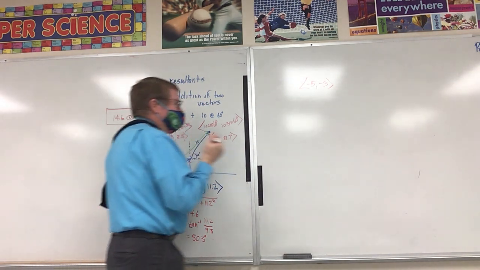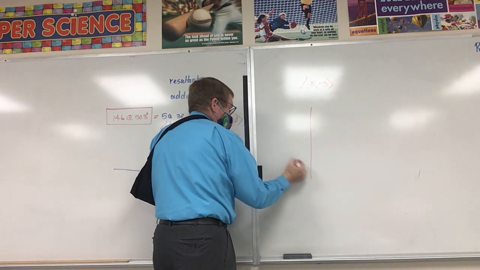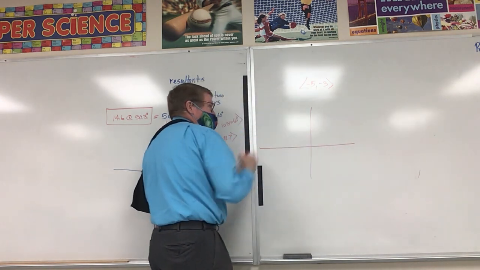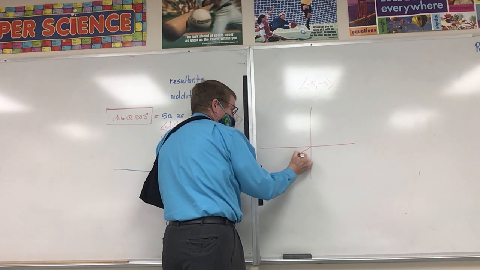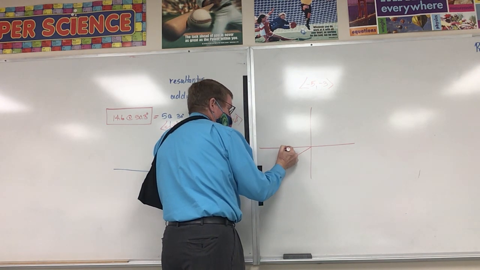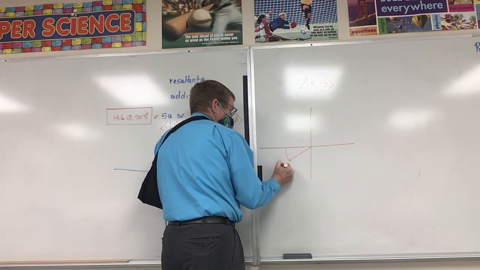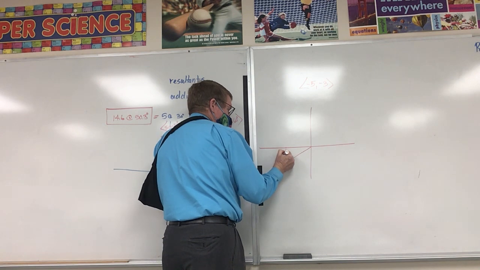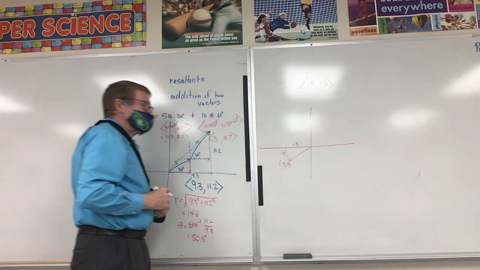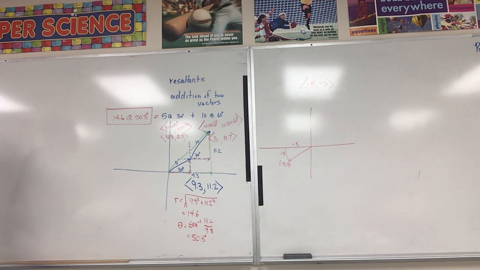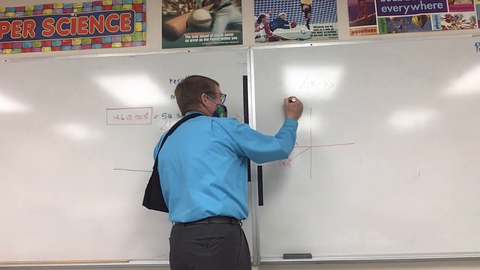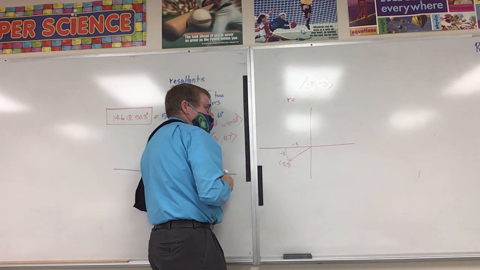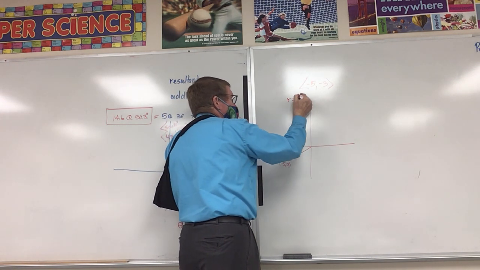I want to put it back into vector form. If I draw this, -5, -3 is here. All right? How do I find my magnitude? Square root of negative 5 squared